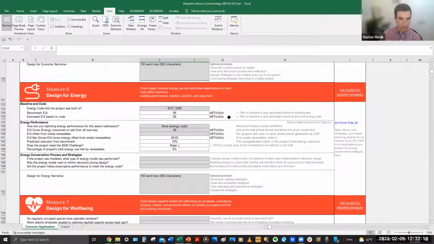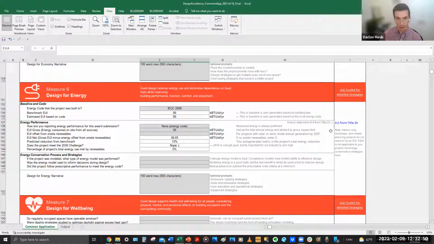So this is something that you probably will work with your consultant on. It can start with the Title 24 calculations, but there are additional steps that you need to take to arrive at basically the cumulative kBTU per square foot per year. The typical tools such as Energy Pro or the CBECC software tools will probably give you a more detailed breakdown of what you need to enter into these fields. But you can go into the EUI from Title 24 link on the right side here. And Mark also dropped that in the chat box.